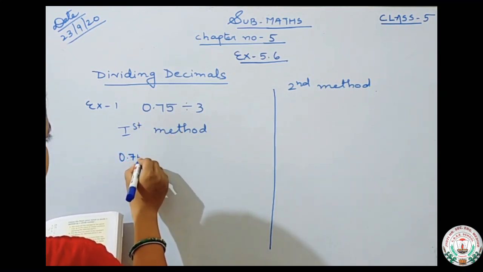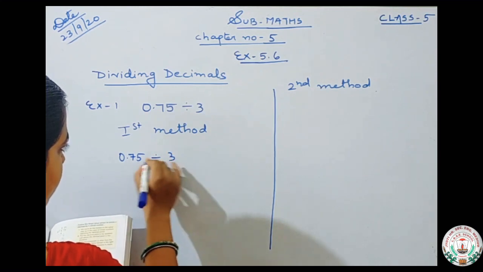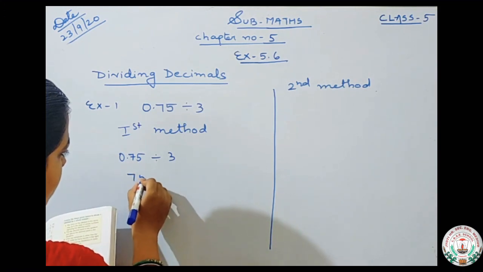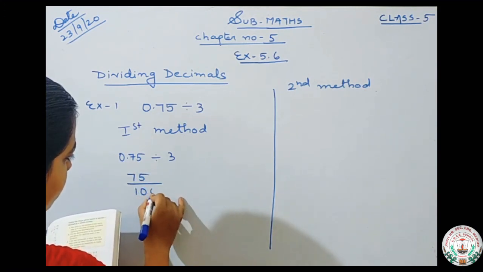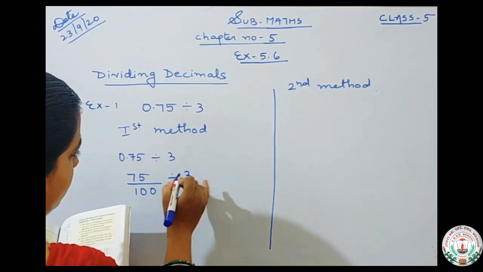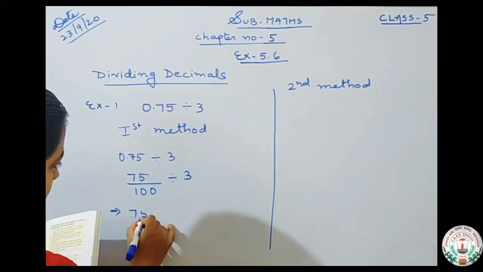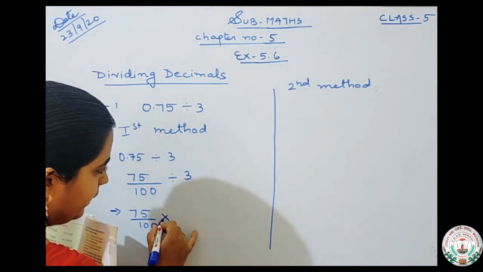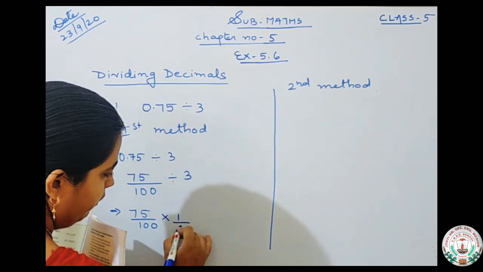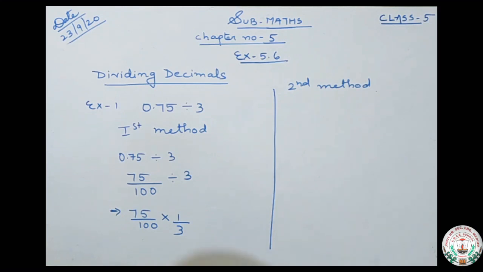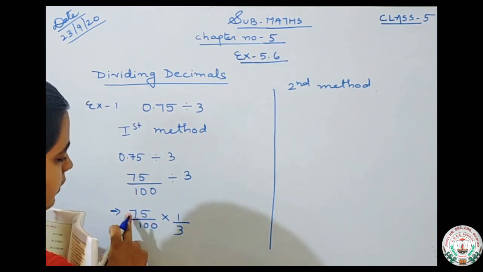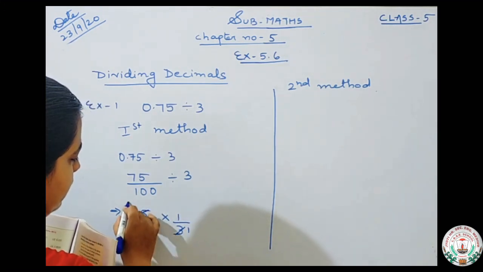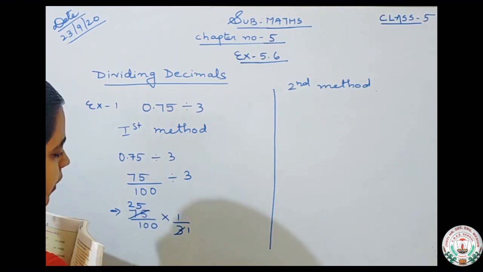Okay, you know how to take out the decimal. First I am writing the question. If we will remove the decimals from here, after decimal how many numbers are there? 2. So we have to put 2 zeros. Divide it with 3. Whenever we are dividing in the fraction form, we will put here multiply sign and this will become the reciprocal. 1 upon 3. So you have to find whether 75 is divisible by 3 or not. Yes. 3 ones are 3, 3 twos are 6, 3 fives are 15, 3 25s are 75.